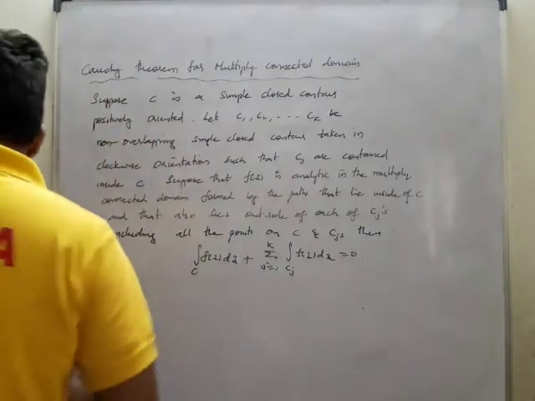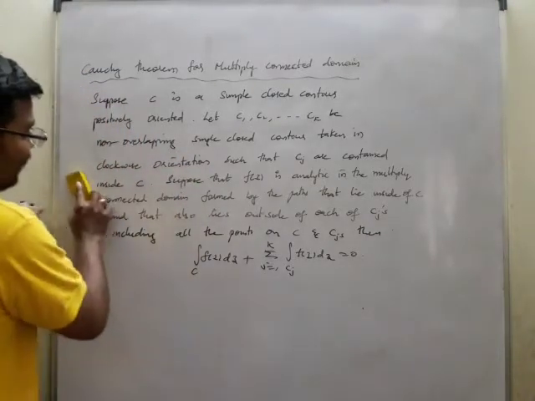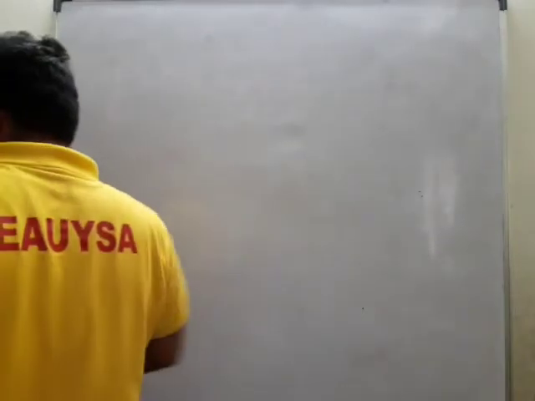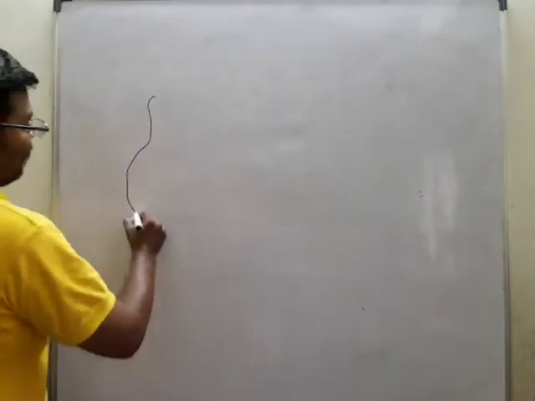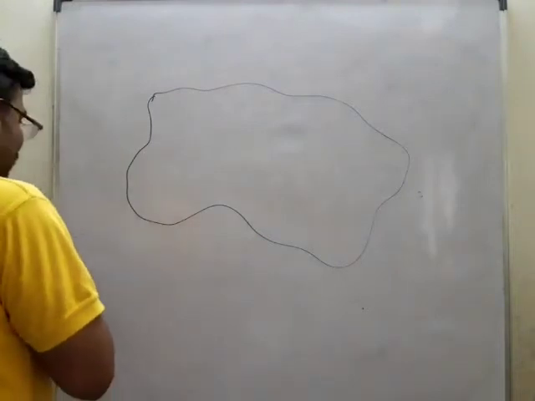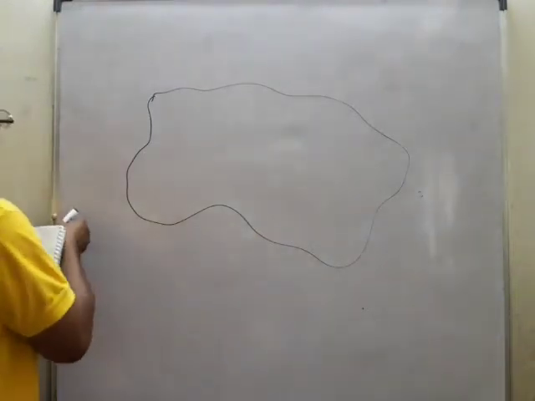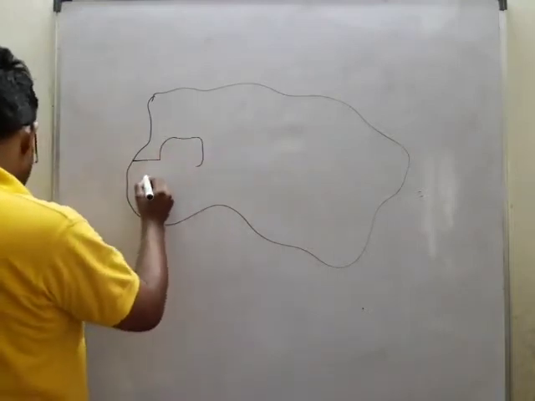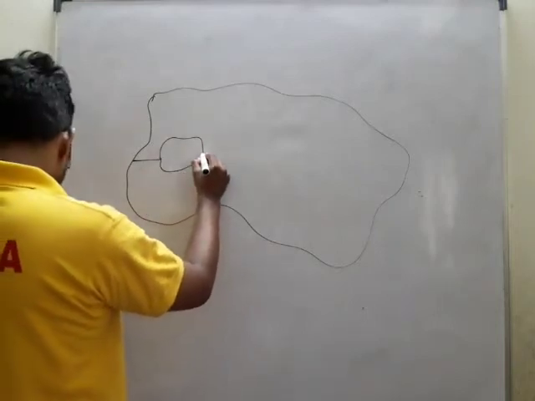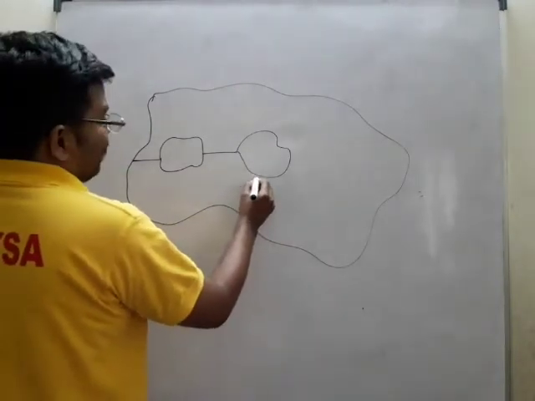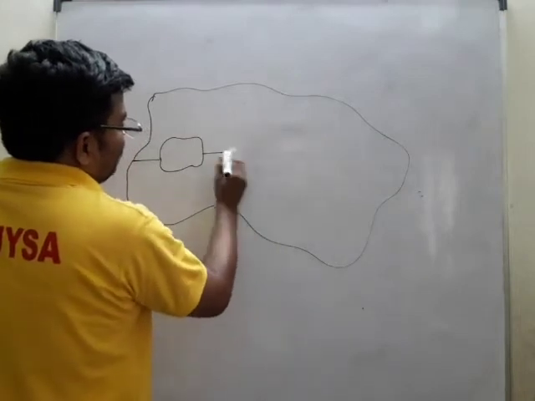For this we will take a diagram, such that with the help of that diagram we will try to find the proof of the theorem. It's a very simple proof. Now we'll form a diagram. Let us suppose this is the diagram which we have. Now we'll try to draw the figure like this. This is a circle, and this is one more, and I may take this one like this.